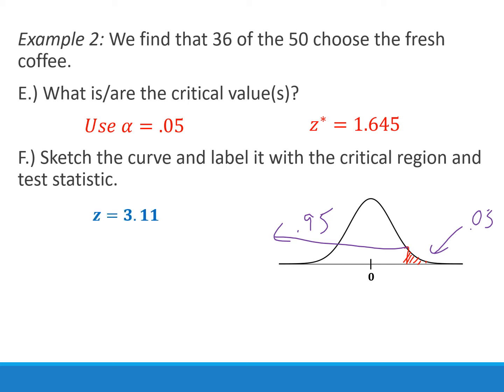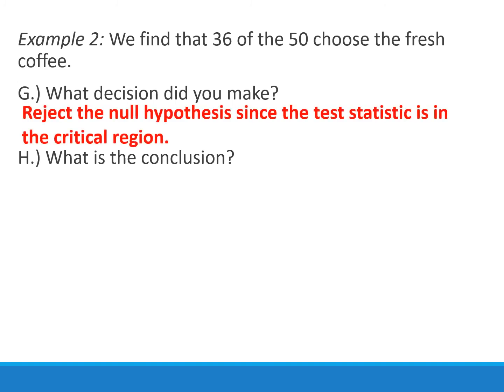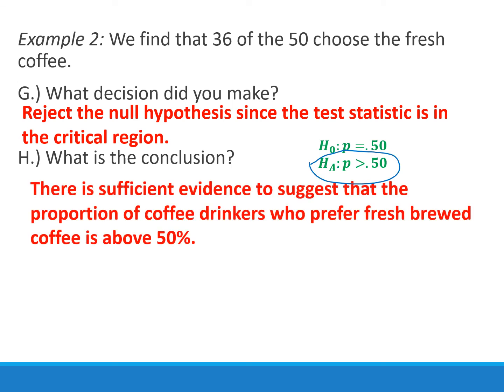Z-score was 3.11. So our critical value is 1.645. That's the cutoff for this line right here. And our test statistic was 3.11, which is out here. In this case, our test statistic is in that shaded region. Because it's in that shaded region, we're going to reject the null hypothesis. When we write our conclusion, it's always about the alternative hypothesis. Since we rejected, there is sufficient evidence to suggest that the proportion of coffee drinkers who prefer fresh brewed coffee